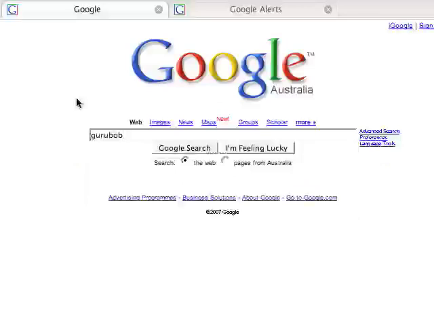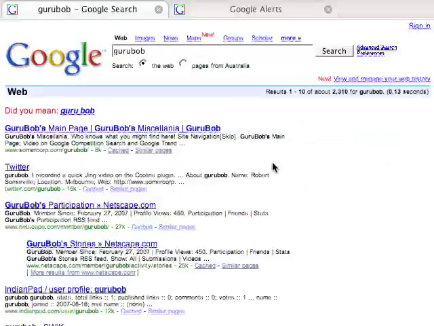That way, every time I create content and I specifically incorporate the phrase Guru Bob in that content, and I do a search on that phrase in Google, the websites that come back are likely to be in relation to content that I've created. And indeed, without very much effort on my part, Google has found my Guru Bob webpage on my own corporate domain here as the number one most relevant web page in relation to that phrase,